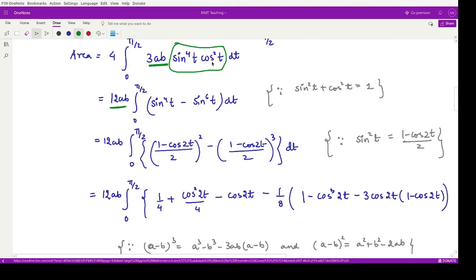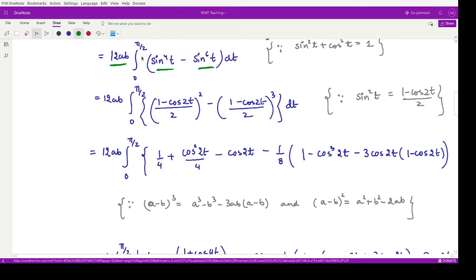So what we can do, we can use the value of cos square t as 1 minus sine square t using this relation, and we can substitute it here. So we would have sine raised to power 4t and sine raised to power 6t. Then we can write this as sine square t whole square. So yes,